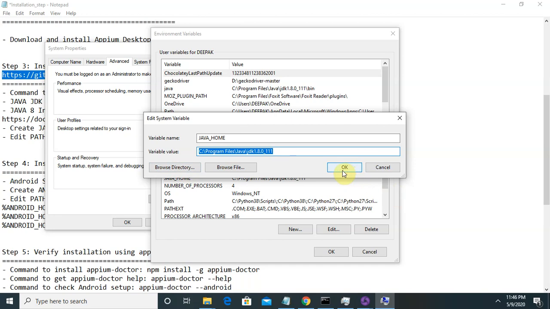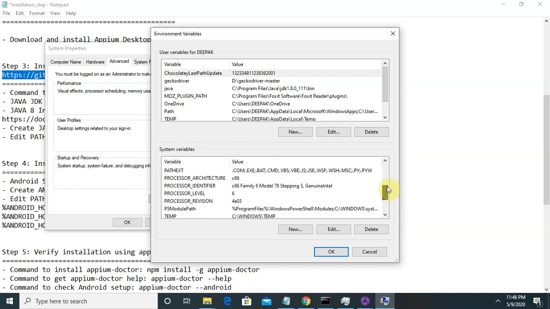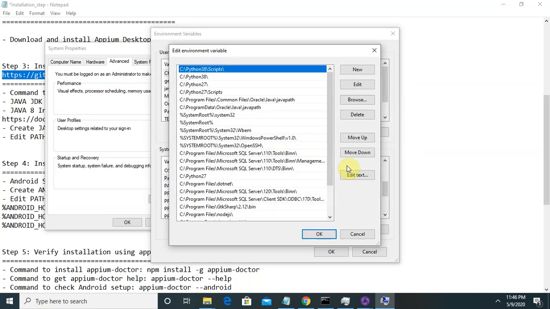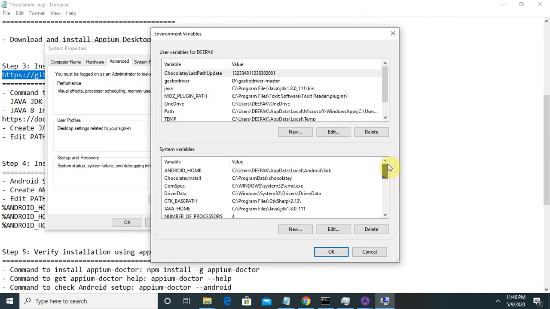After entering, click OK and enter the same details in the path configuration. Let me show you Android Home as well, then we will go to the path. As you can see, Android Home is also installed.